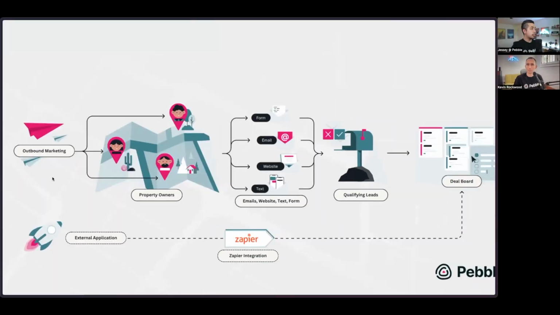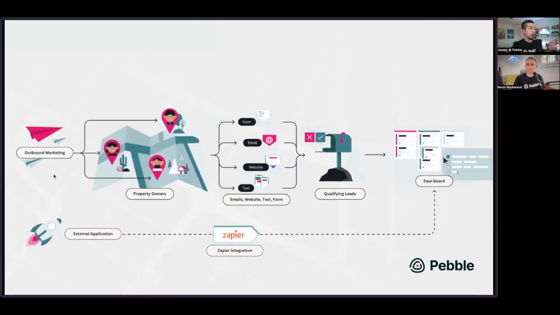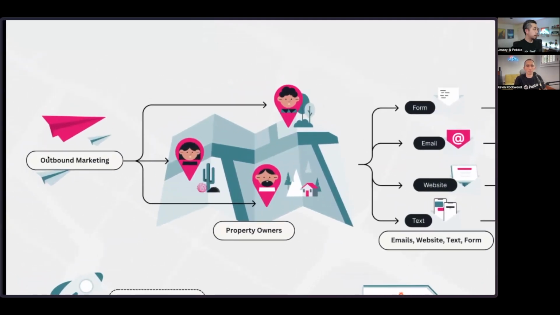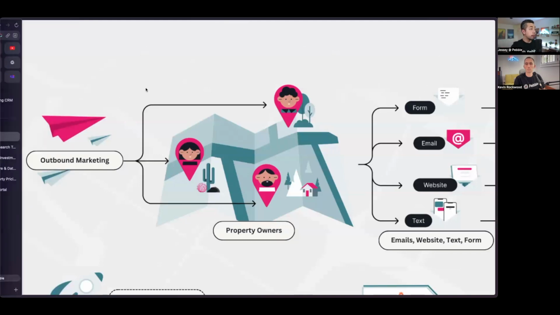So this diagram simplifies how Pebble handles things. I'm just going to zoom in here to the left. Now, you see these little paper airplanes here? This is you getting out your marketing. It may be mailers, but a lot of us are looking at cold calling. Some of us are looking at ringless voicemail. Some of us are looking at mass texting. Doesn't matter. We're getting some form of what we call outbound marketing because we're sending it out to property owners